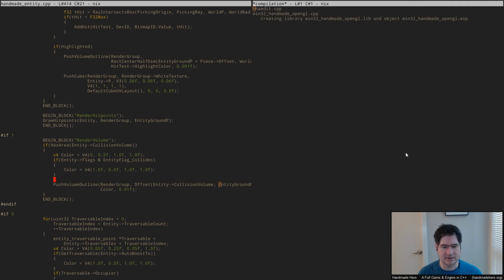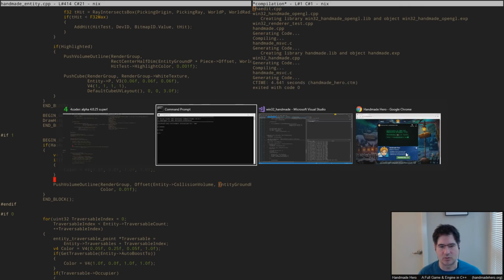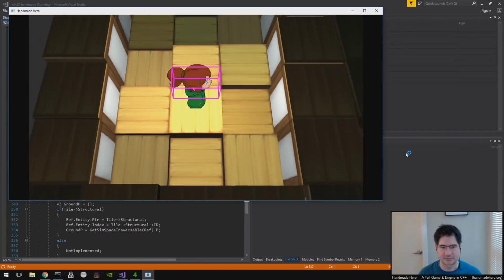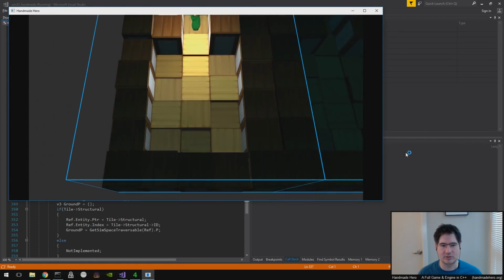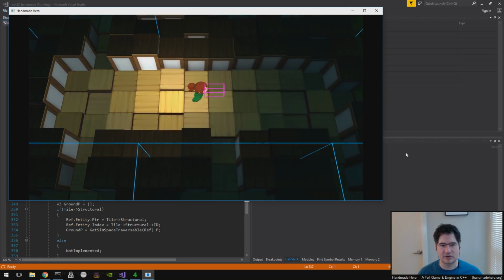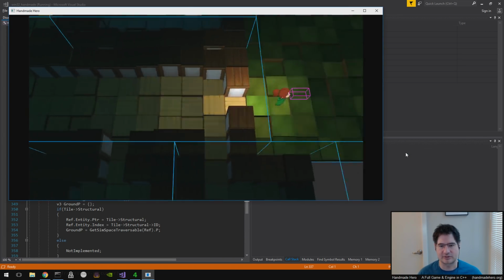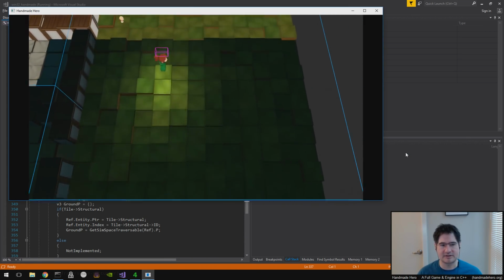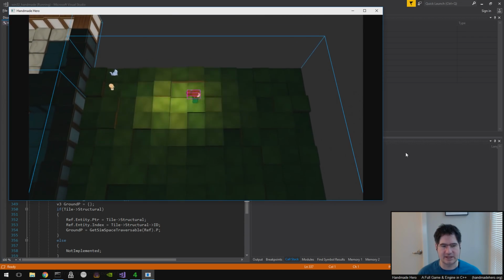And so just creating something that draws those outlines first, I want to make sure I have that, because otherwise I would have no idea where anything was in the world. So I just want to see what's going on with that. And so here you can see me drawing those collision volumes. And what you can see from me drawing the collision volumes, right, is you can see